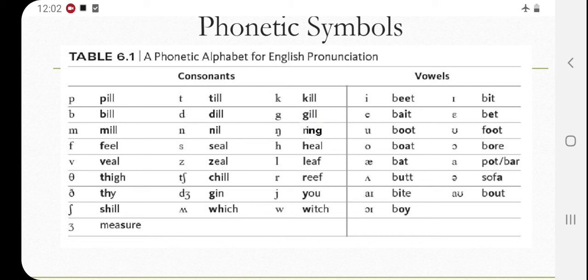When we say water, then we round our lips, just wow and water. So both the lips are rounded and you say wow. This is the difference between the two sounds. One, V, is pronounced by touching the upper row of teeth to your lower lip, and the other by rounding the two lips, making a circle, like wow. So you can practice it at home. It's water, it's wow, and it's van.